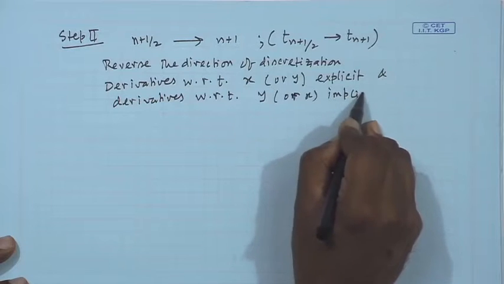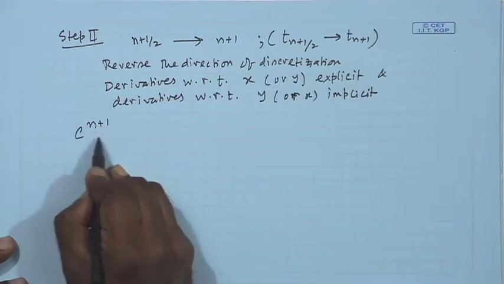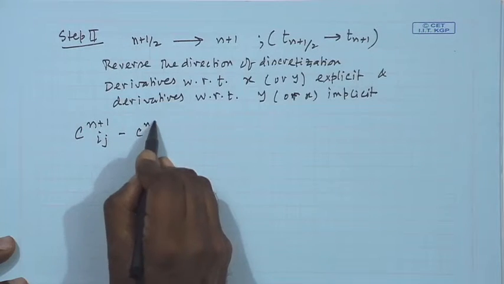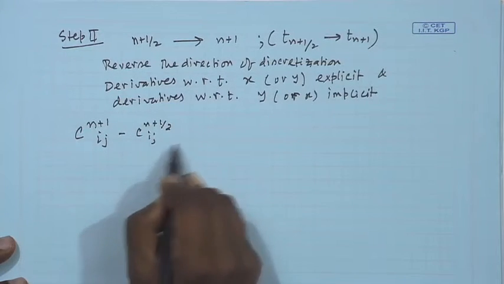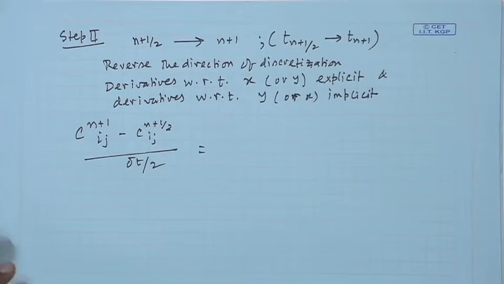So, what I get is (C^{n+1}_{ij} minus C^{n+1/2}_{ij}) by (Δt by 2) equal to, one can write it the same way,